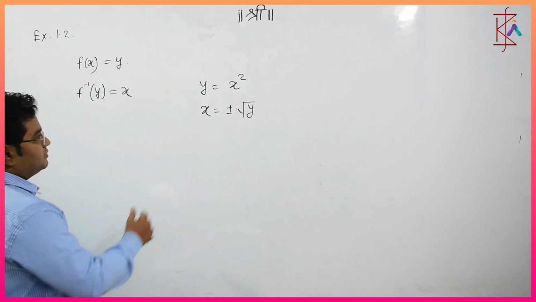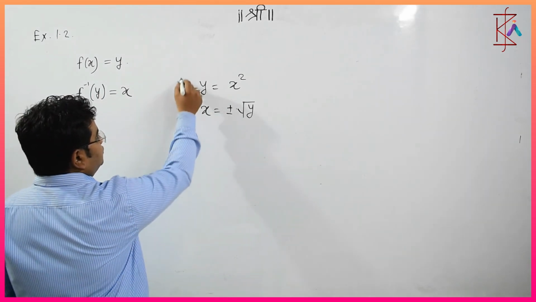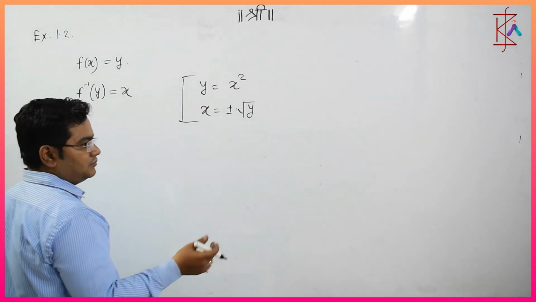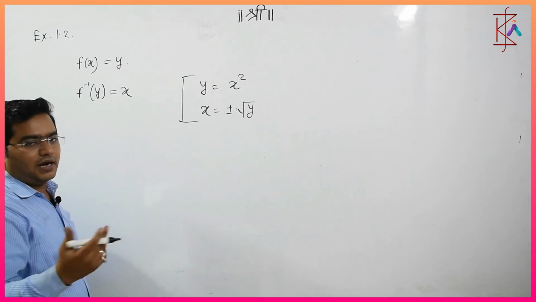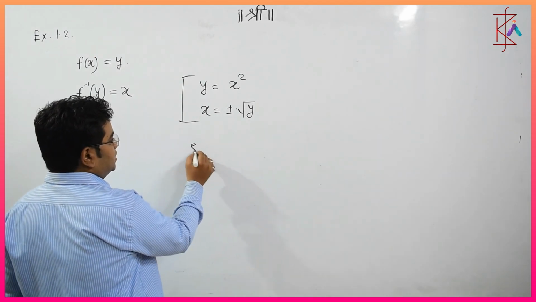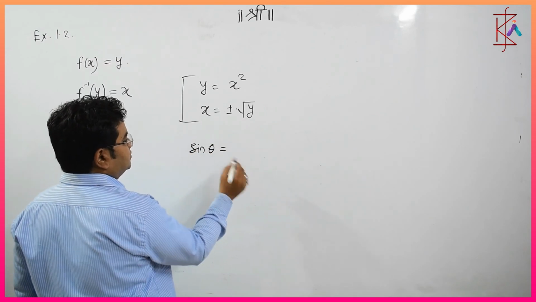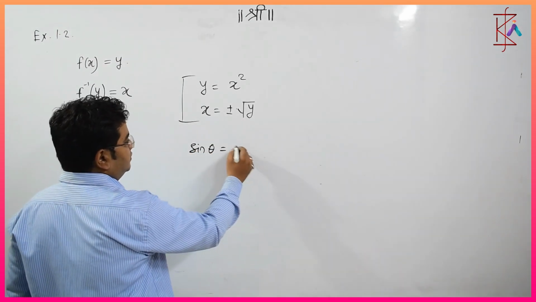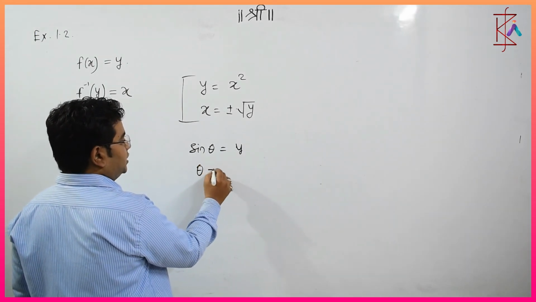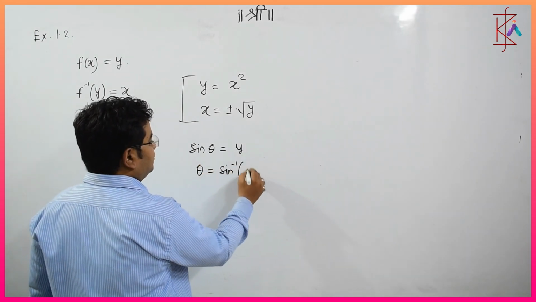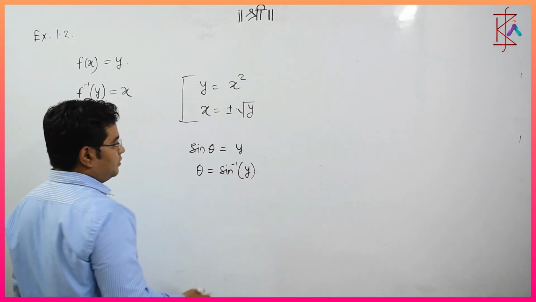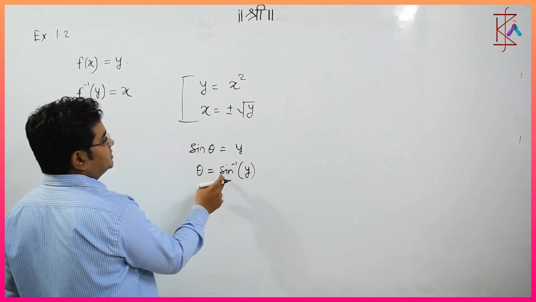What I wanted to explain is this, and this is for polynomials. If you are taking any square, cube or power of a number, the inverse process will require that. Again for trigonometric functions, sine of theta is equal to y. So what is our theta? Theta is equal to sine inverse of y. You can see this function is inversed.